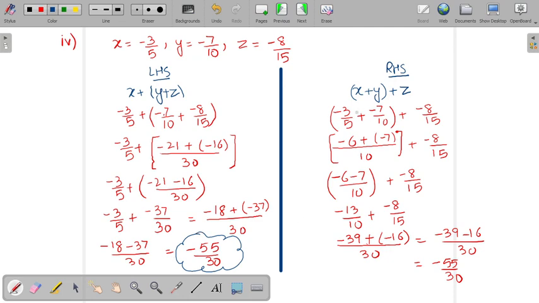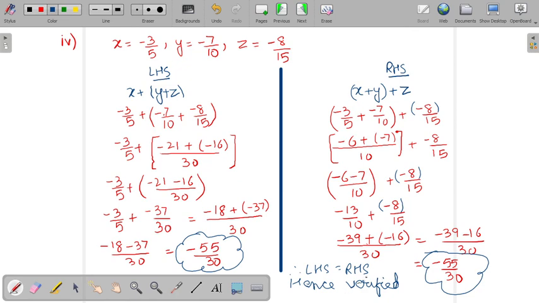Similarly, in RHS, again you will substitute the values in the given RHS part. Remember, always solve the bracket first. After solving the bracket, you will be getting this term. Now solve these two terms together. Keep this one in the bracket if possible, and after solving it, you would be getting this term. So again, both the terms are same. Therefore LHS equal RHS, hence what will you write? Hence verified.